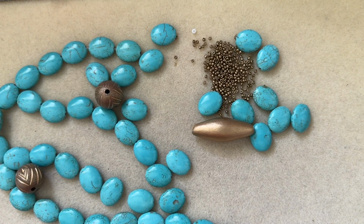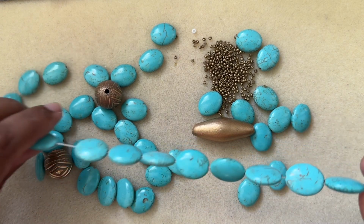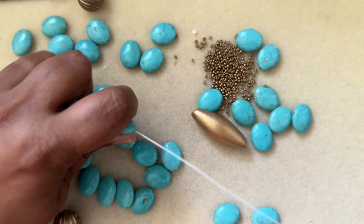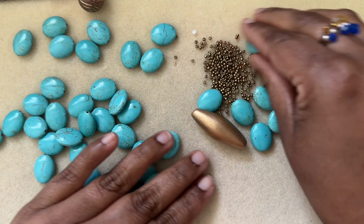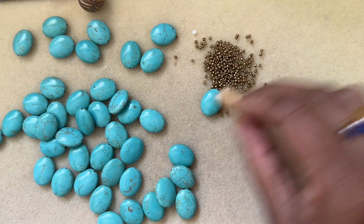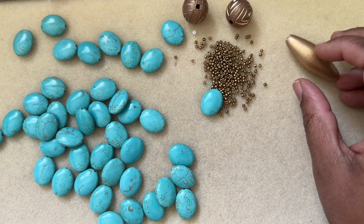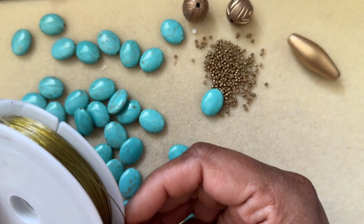So I'm making a necklace with this. Okay, we have a nice oval. It's not a round shape, it's an oval coin shape. Very pretty turquoise beads. So I'm just going to make this necklace with 7 strand bead stringing